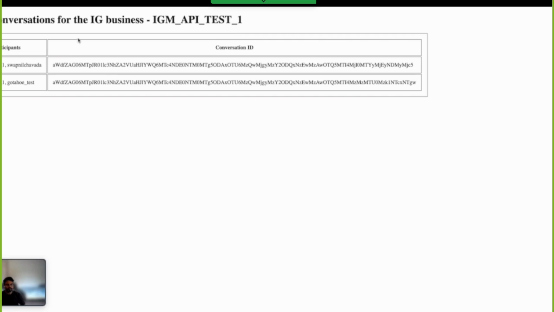Cool. So behind the scenes, once the business granted permissions to your app, it actually got a token which was then exchanged for a page access token which had the required permissions. Using that page access token, we call the Conversations API, and this here displays those conversations.